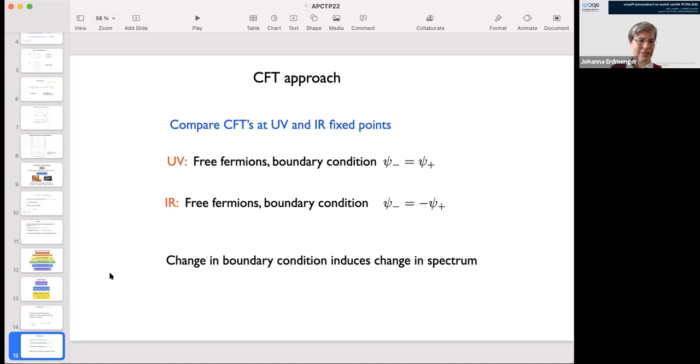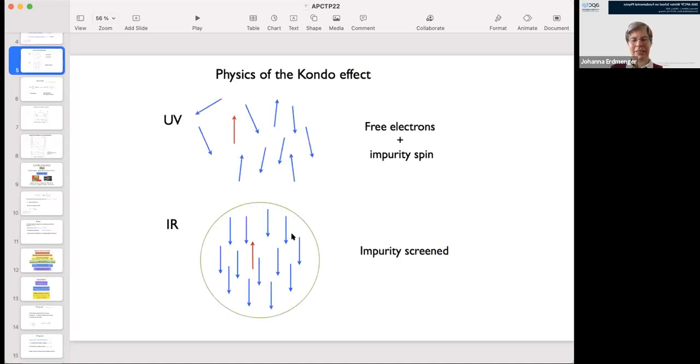So this bound state, okay, let me just show my bound state again. So this state here is really a singlet state where you have a singlet made out of this impurity spin and one electron spin. I will show this later this morning. And so we really have a meson, okay, made out of, if you want, an impurity spin and an electron spin, and this you can see is a bit similar to a meson in QCD. Okay. Like, I mean, of course, a particle which doesn't have spin.